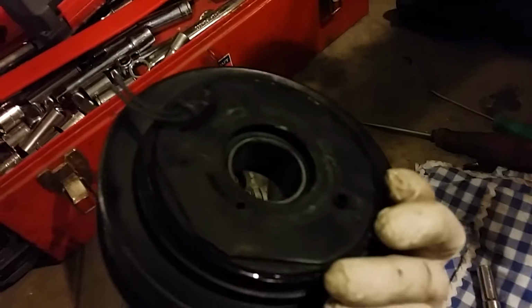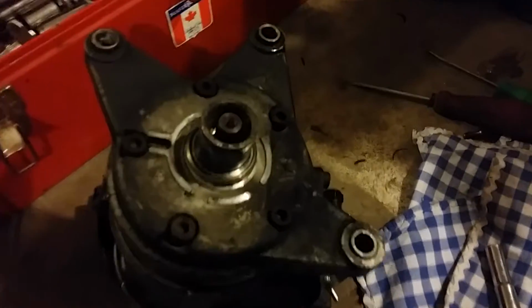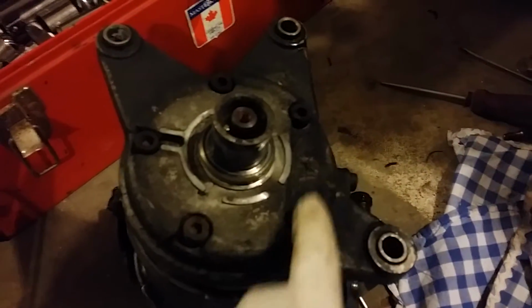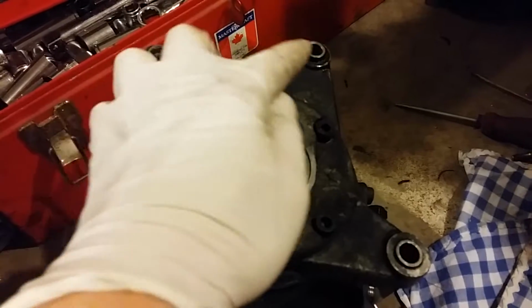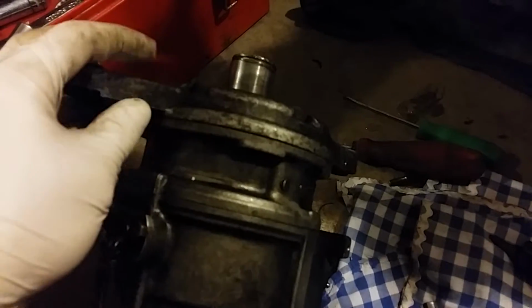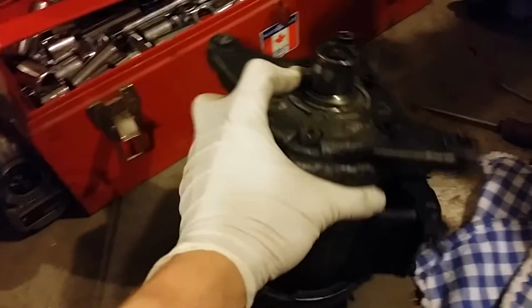Oh, I took both off. And there's another one that sits inside there. So take both of those off, and you'll be left with this. I'm going to go ahead and take off all those Allen key bolts, and I'm hoping, as you can see on the side here, there's a slot right there, which makes me think I can take off this metal piece here, which has these 3 mounting holes, which is basically like a bracket,